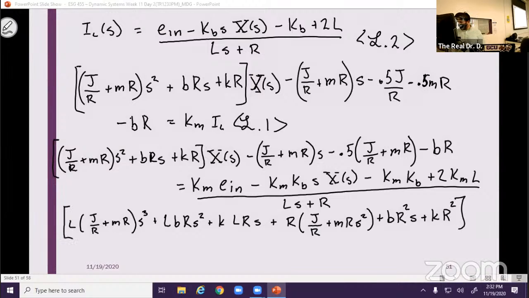This whole thing is this, equal to L over